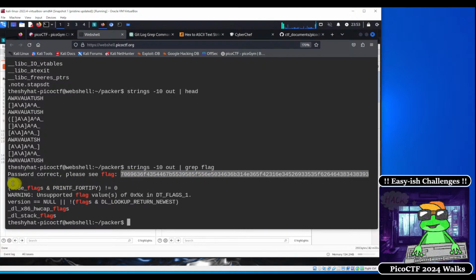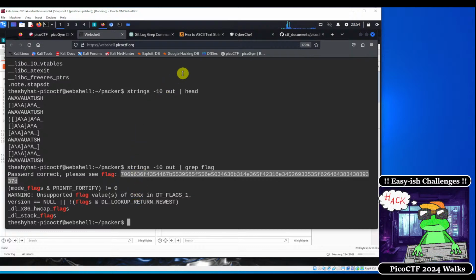And what kind of encoding or encryption do you think this might be? I can tell you this is not base64. This is not the type of encoding or encryption that we're dealing with. In this case, we're dealing with hex representation. So it's hex representation of ASCII code, and what we can do is use a handy-dandy